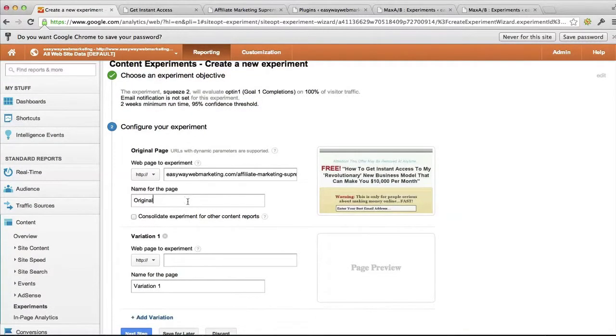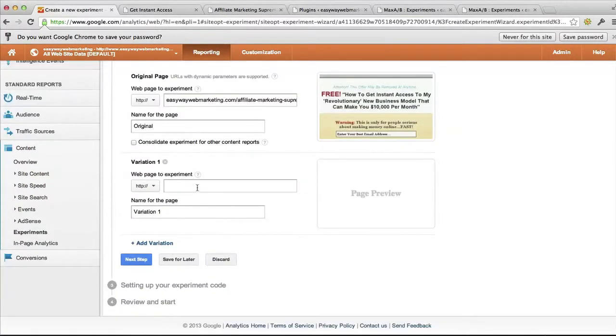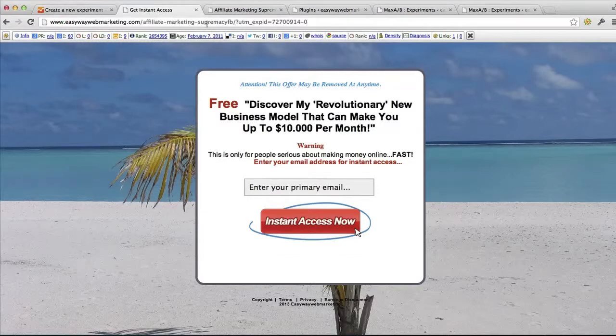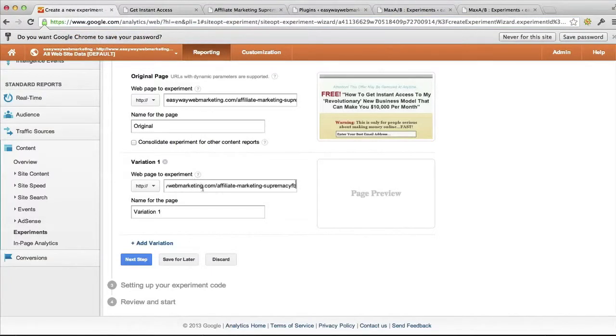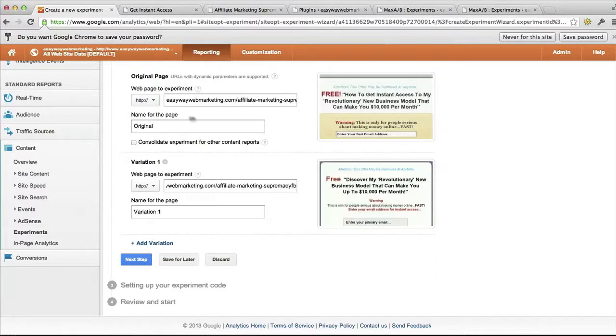So this is the original site, and the variation is going to be this site. I take the link here, variation 1. Now you could add variation, but as I told you in the beginning, I always split test only one thing at a time. So as you can see, it's 2 different backgrounds, and it's actually 2 different copies. We go for the next step,